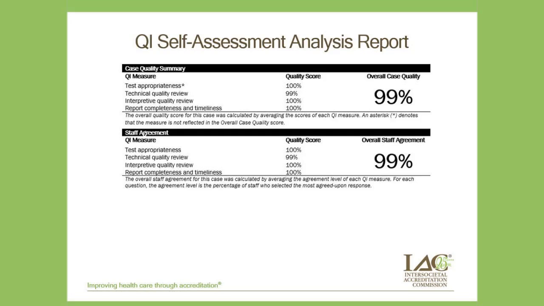You may also be asked to evaluate one additional quality measure if you have selected CT, dental CT, echocardiography, or vascular testing as your modality for review. And as a reminder then, those would be radiation safety for CT and dental CT, report correlation for echocardiography, and case review for vascular testing. For those who are participating as a group, you will also receive an overall staff agreement score, which is also based on the quality measures evaluated.